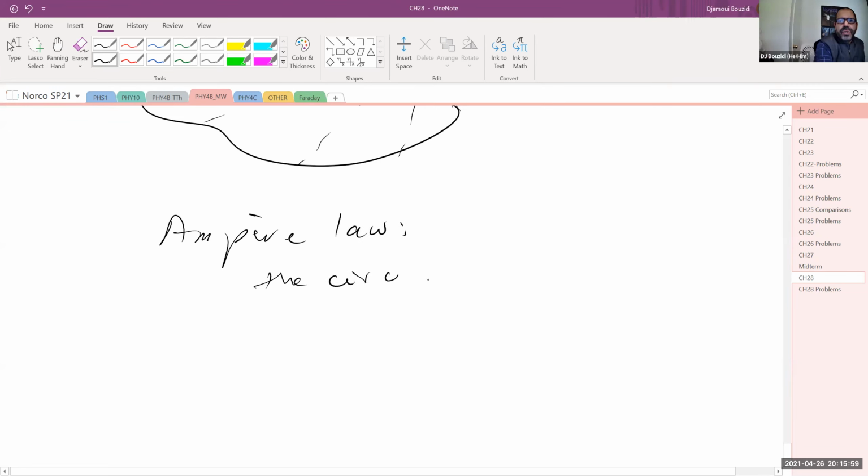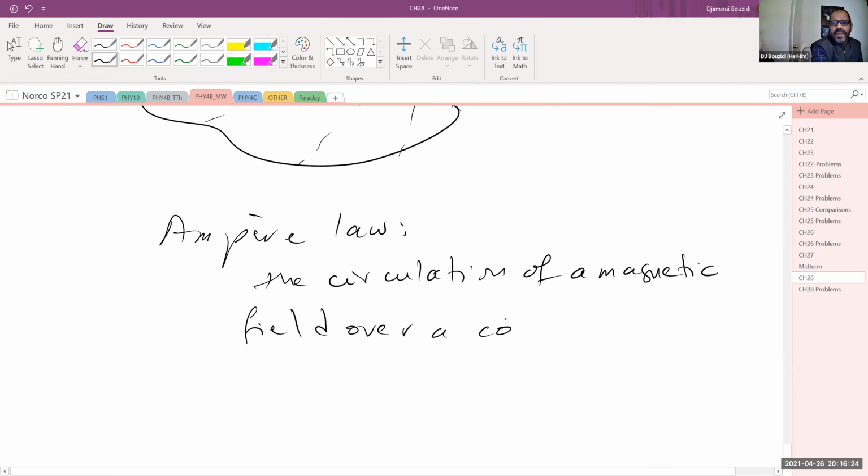The circulation, and remember, the circulation has a different definition than the flux. Okay, the flux has an electric field times a vector times an area in general. The circulation is actually a vector times the length. Okay, the circulation of a magnetic field over a closed path